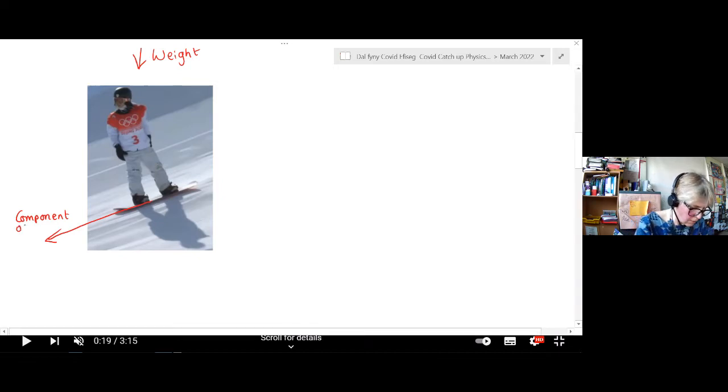But there's a component of his weight going down the slope. Now, equally, there is a little bit of friction. And when those two forces are the same, so that the friction is equal to the component of the weight,